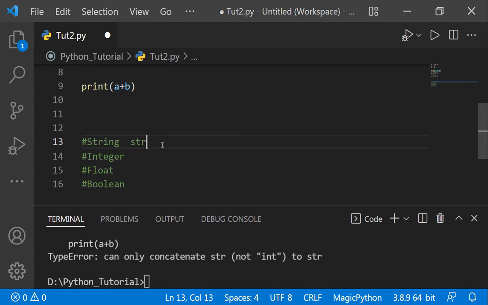string, and the short form of string is str, and for integer we use int. Okay, for float we use float, right? And remember that in float, f should be in lowercase, right? And for boolean, the short form of boolean is bool. Okay, so these are the names of these values that we use in programming. Okay,